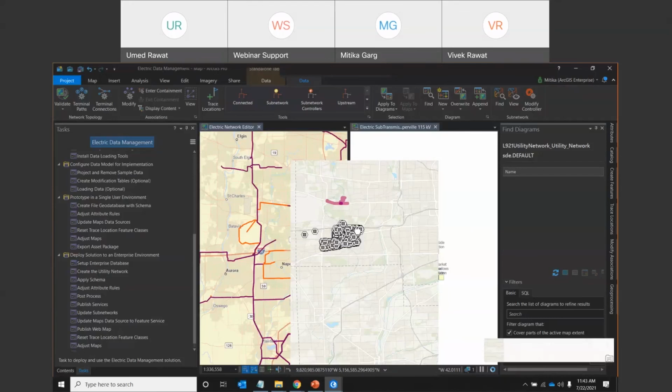And another, we have discussed the enterprise capabilities, where we have all the rules, we have all the templates, we have all the utility network capability, and which has more advanced capabilities, making a more streamlined editing environment and the tools for advanced analysis. So these two we have covered.